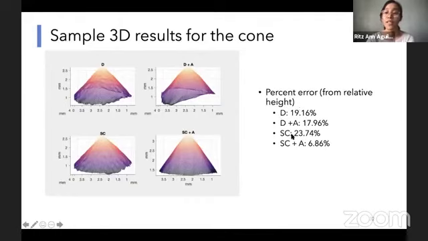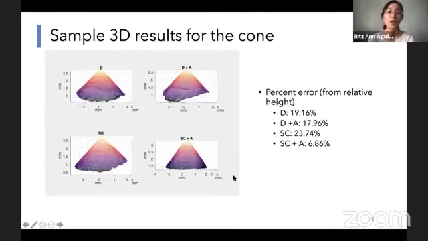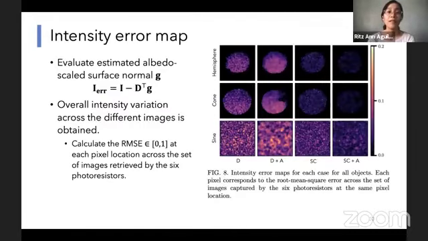For the semi-calibrated case without apodization, the error is kind of high because of the noise artifacts. But if we apodize them, or clean them before feeding them to the algorithm, we were able to obtain a low percent error of 6.86%. Okay. We can also evaluate the intensity error maps obtained by the system by evaluating